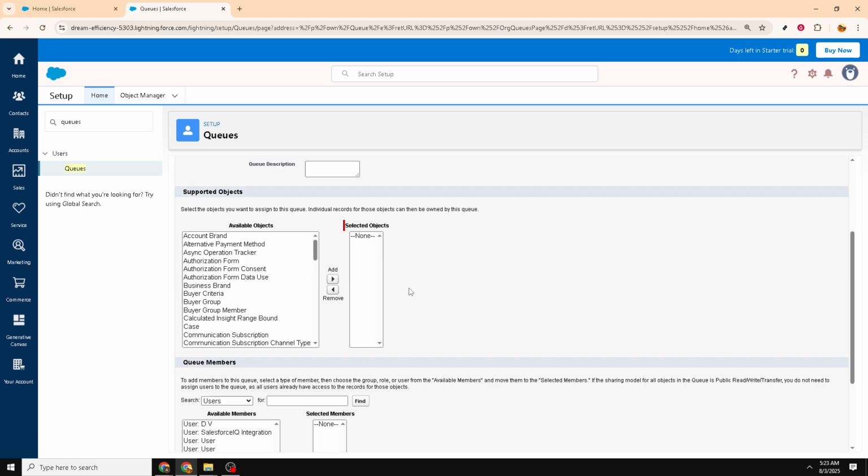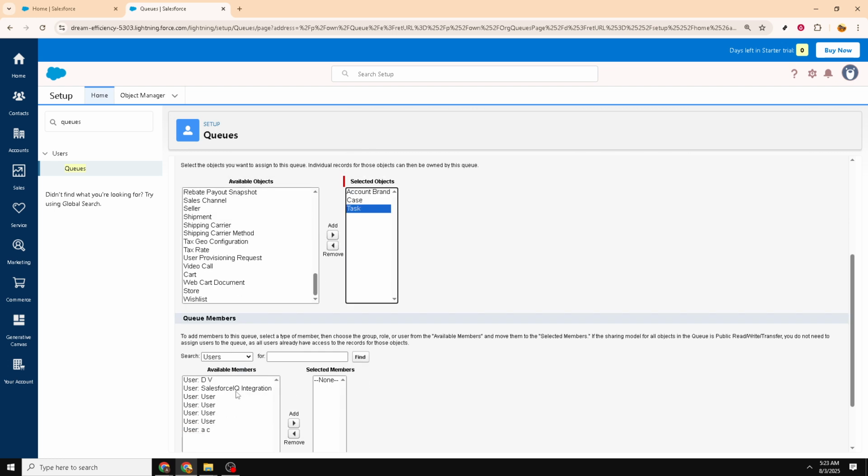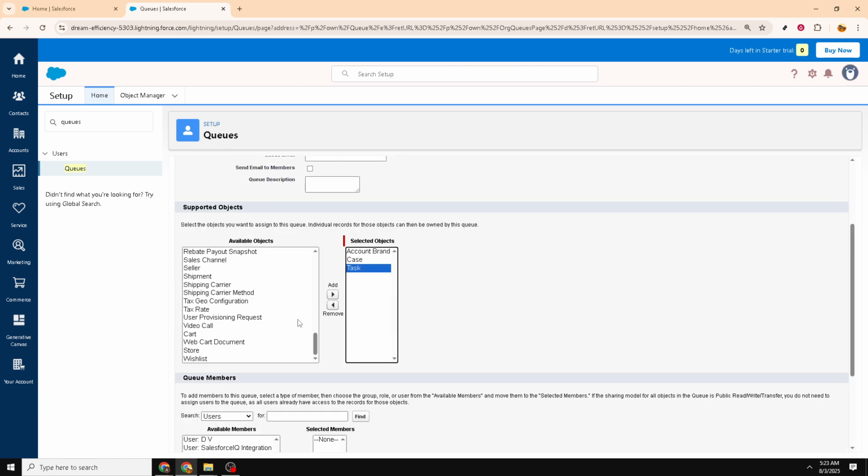This defines what kinds of records can be assigned to your queue. For instance, you can allow leads, cases, or other custom objects based on your needs. Selecting the available objects that your queue will handle ensures that the right type of record ends up in the right queue. To make these objects available to the queue, select from the list of available objects and click the Add button. This step officially links the objects with your new queue, meaning records of those objects can now flow